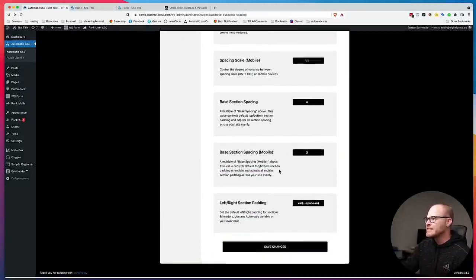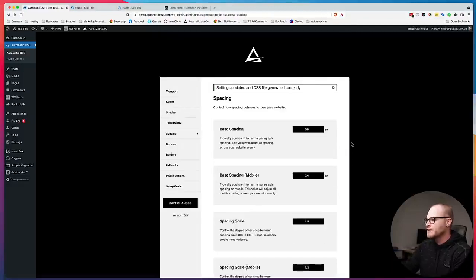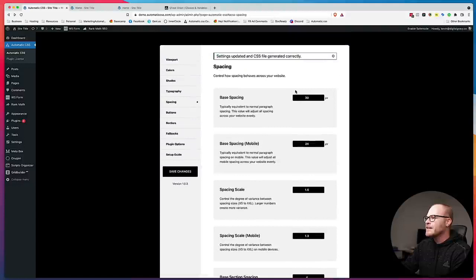So you can play around with the scales. You can play around with the base spacing. Let me set that back. It was 1.5 and 1.3, I think. Save. Good. Okay. And then, of course, you can change the spacing evenly altogether, smaller or bigger if you want